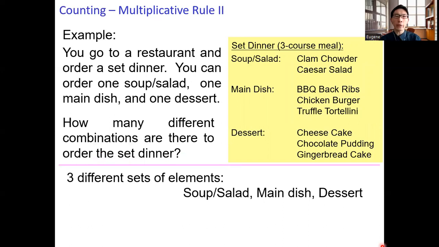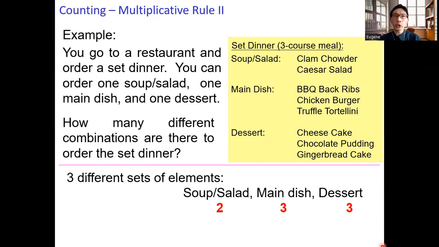Here in the menu, we have 3 different sets of elements: the soup and salad, the main dish, and the dessert. For the soup and salad, you have 2 choices. The main dish, you have 3 choices. And for the dessert, you have 3 choices.